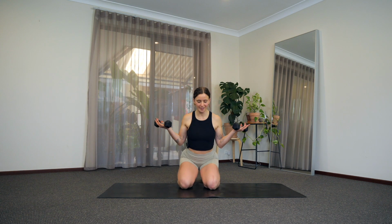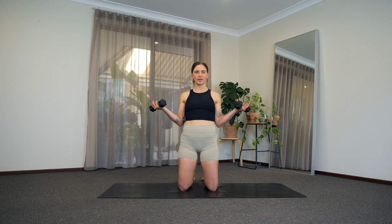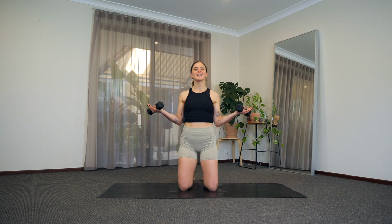Squeeze those arms in. We lower it down. We lift it up. You know what to do. Let's go. Lower and lift. So you want to make sure that that bum is really switching on here. Those glutes should feel nice and hard. You're welcome. Last 6,